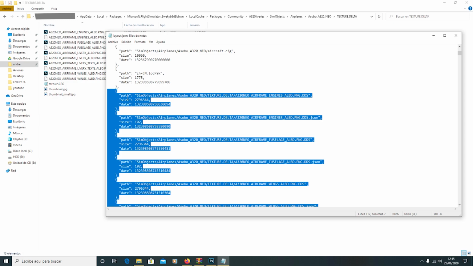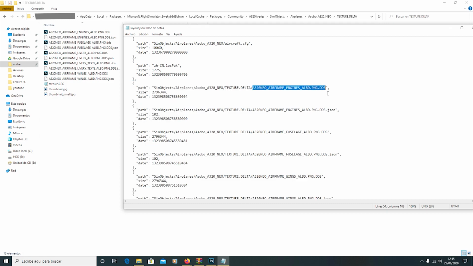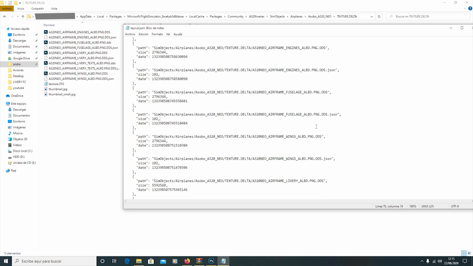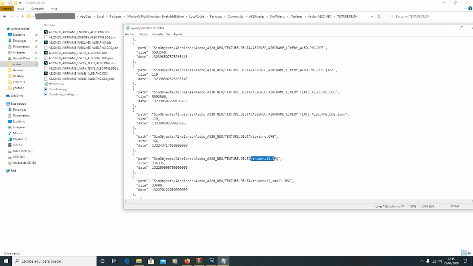So make sure you select. If you get the Delta one, just copy the Delta files. Copy this one, this thing for the Delta. If you edit the Iberia, go to Iberia, copy them. Anything you add, you need to make sure that the file is here with its name and extension, like this. Everything, the DDS, JSON, everything. The thumbnails are texture. Okay, here thumbnails. All right. Okay, once you have copied them,